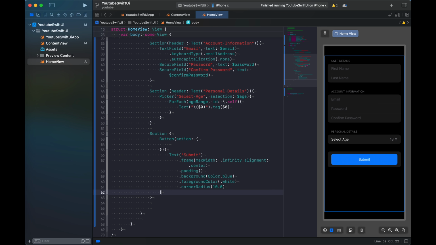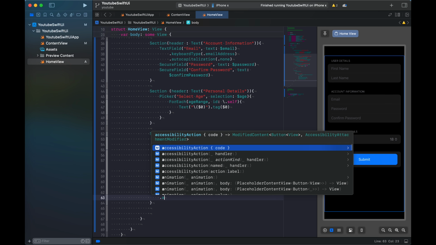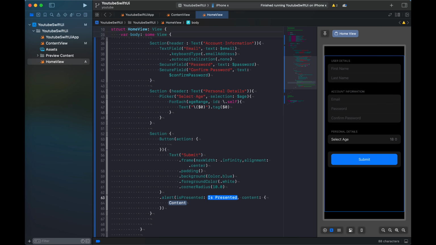After this button we can add an alert. The presenter is dollar show alert. In the content we are going to add a real alert. This will have a title and a message. So the title should be